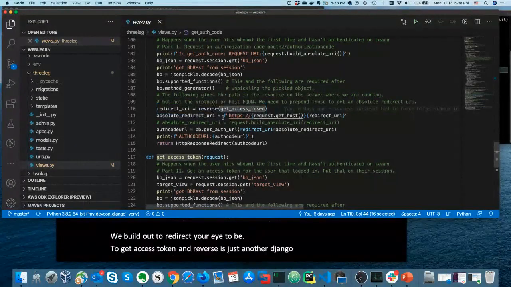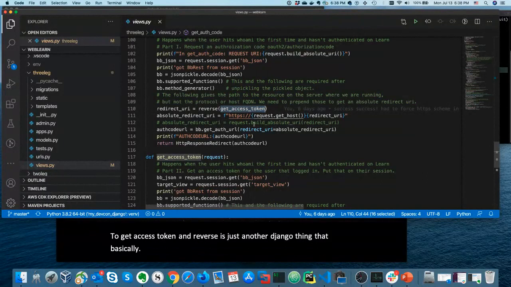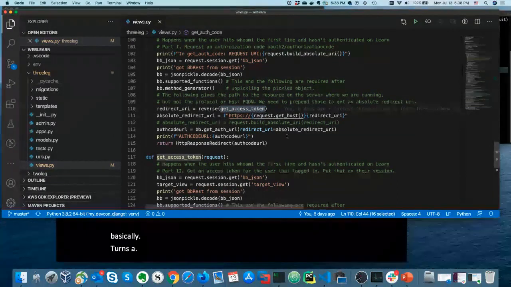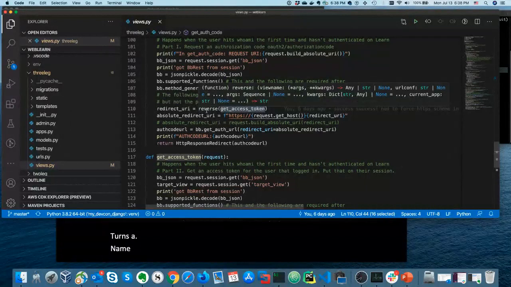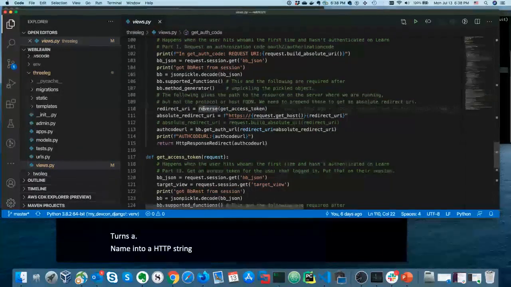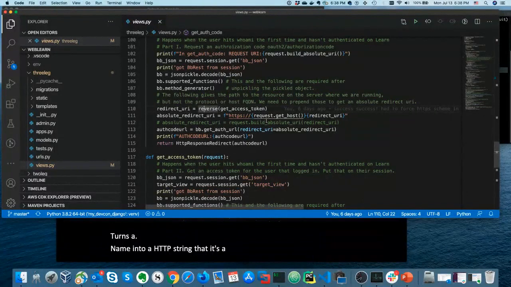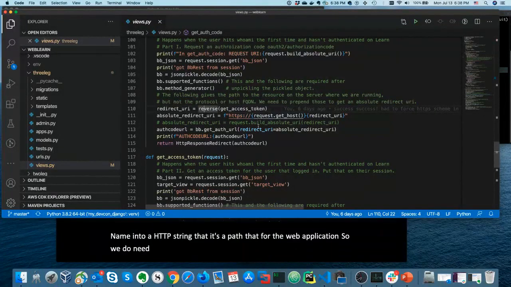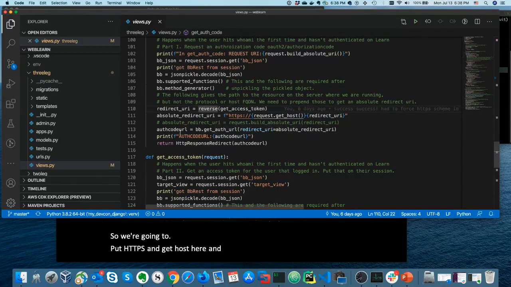that basically turns a name into an HTTP string. It's a path for the web application. So we do need to spell out that we're coming back here. So we're going to put HTTPS and get host here, and then the redirect URI, and then